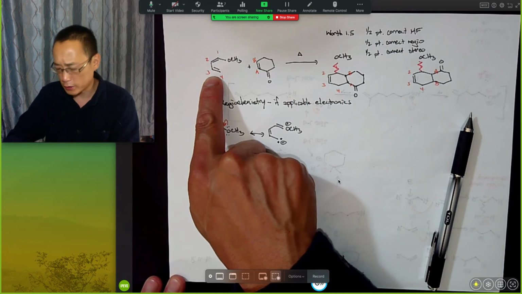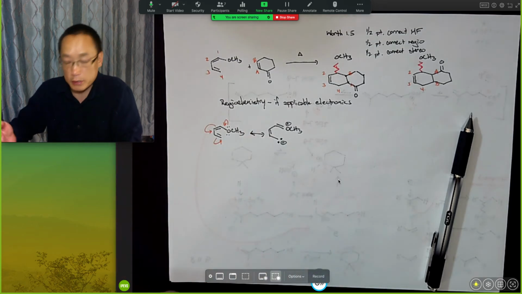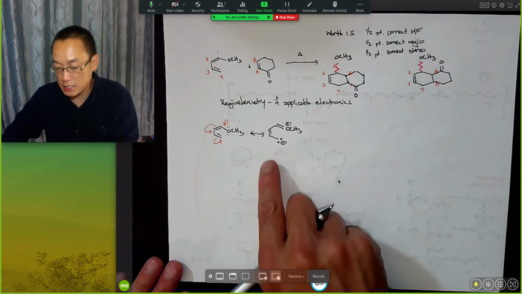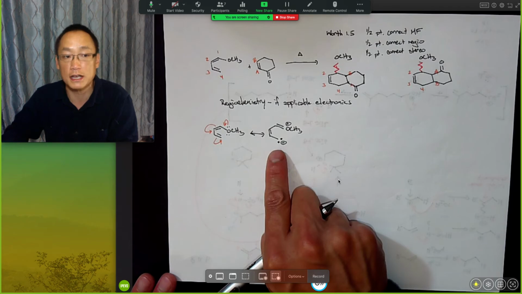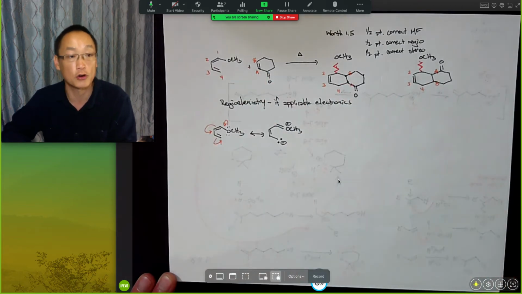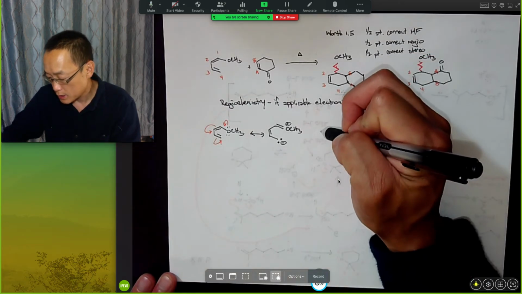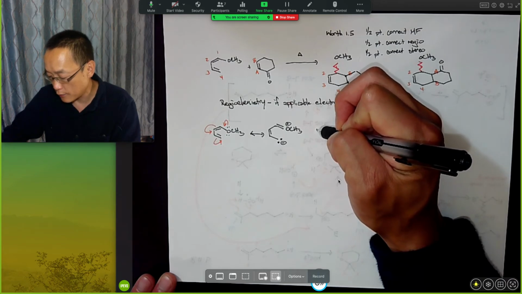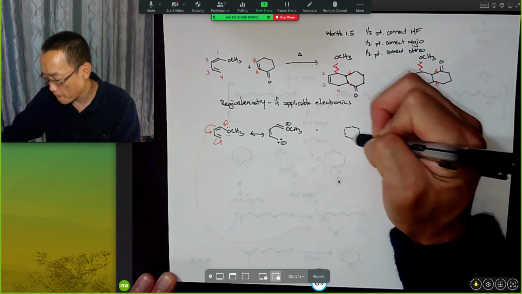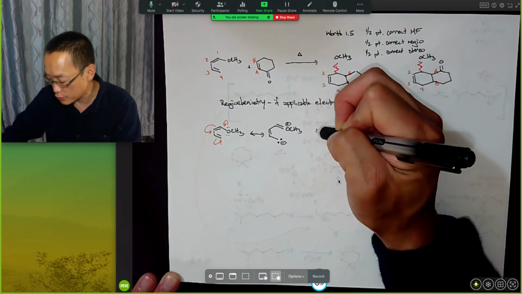Here's the more pronounced one, here's the less pronounced one. That's all I'm showing you. And what I'm suggesting here is that's going to be pretty helpful in determining which orientation these two molecules are going to react with. And so the other thing then is taking a look at this dienophile and saying, hey, I can draw this as a resonance structure as well,